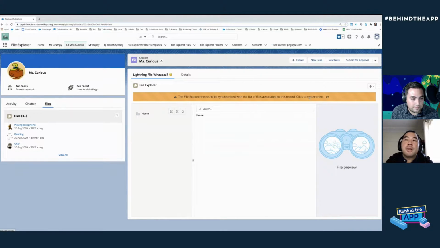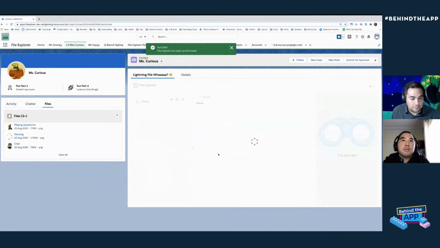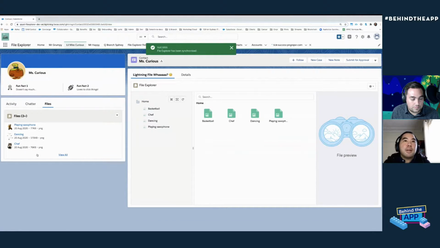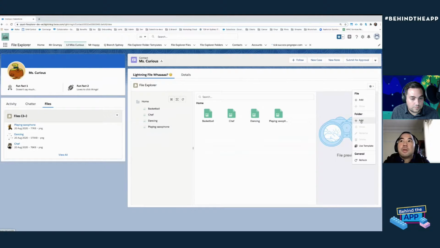This message will only come up when there are files that we haven't already imported or synchronized with the File Explorer, i.e. files that have existed before this component was installed and attached to this record. So if we click this button, we'll see that we've got our files now imported into the Explorer. And now we're ready to either create a new file, folder, use a template, move, rename,